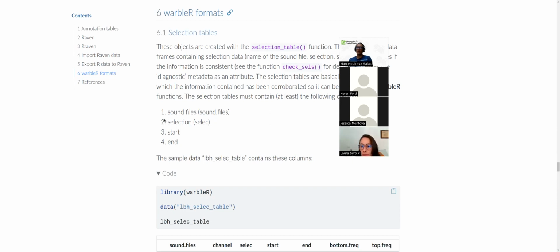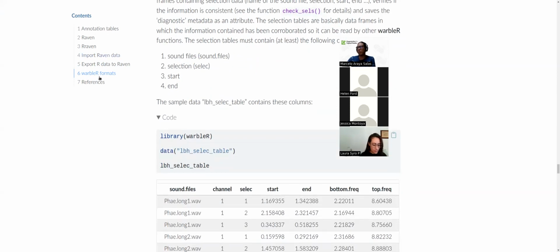Marcelo, I guess my question is, when would you use Warbler over a different package? What pulls you into Warbler? What kind of specific bioacoustic tasks? Oh, yeah, that's a good question, and I think it will be more obvious when we talk